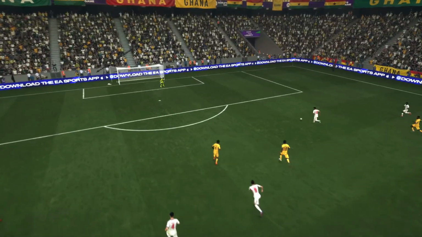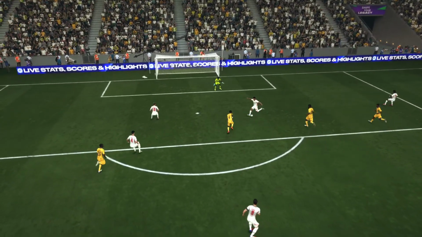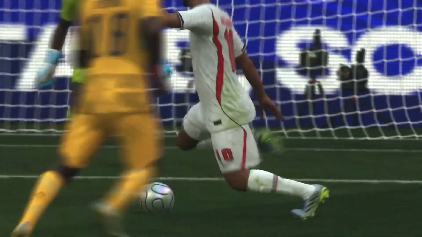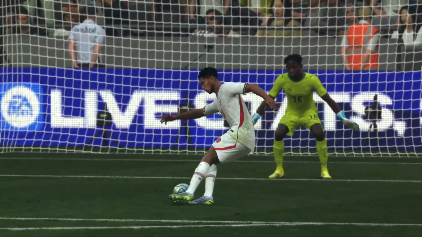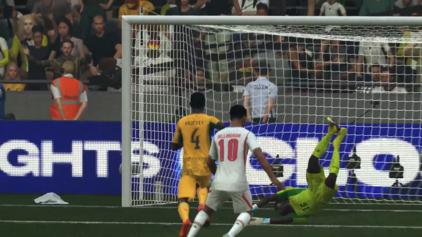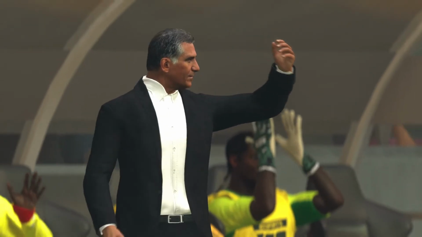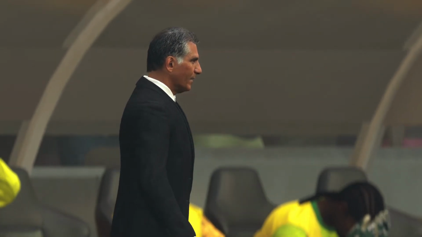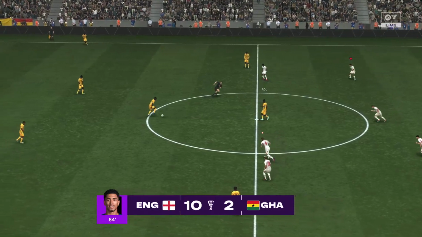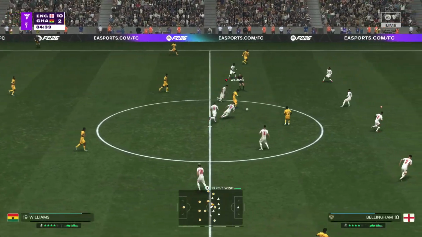Well, here's the replay, and the play between the two of them is just brilliant to start the move. And Bellingham times his run well, looks where the goalkeeper is, and he goes for power, smashes it into the back of the net. So underway again, but to my mind, this game is now as good as over.